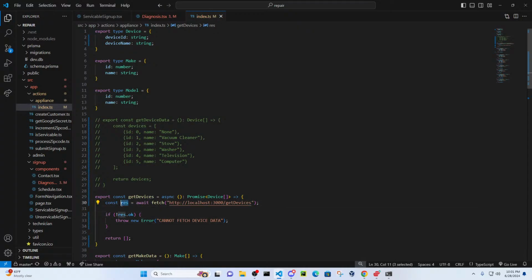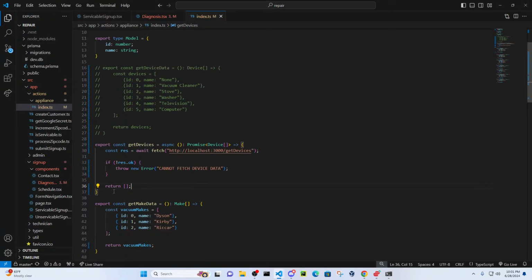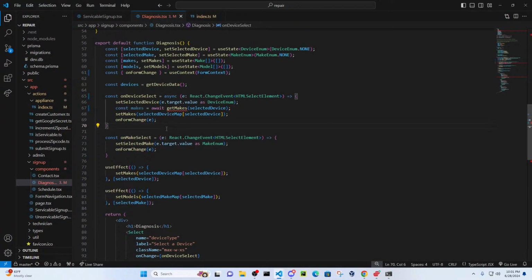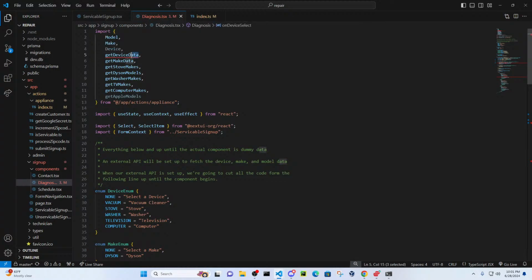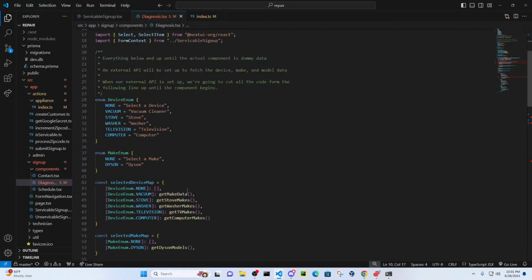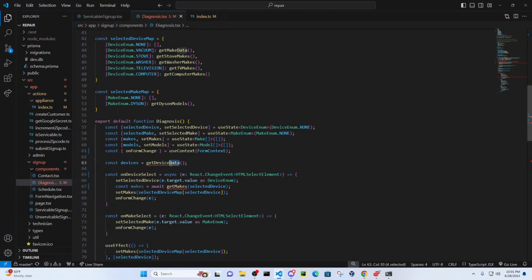I've been doing JavaScript for a while, so let me correct my knowledge. I don't know. I've done a lot of await, but let's see how it goes. Let me fix these other errors though real quick. Yeah, get devices. Get devices. Okay. Do I have to put the await here too? Okay. Devices, and then